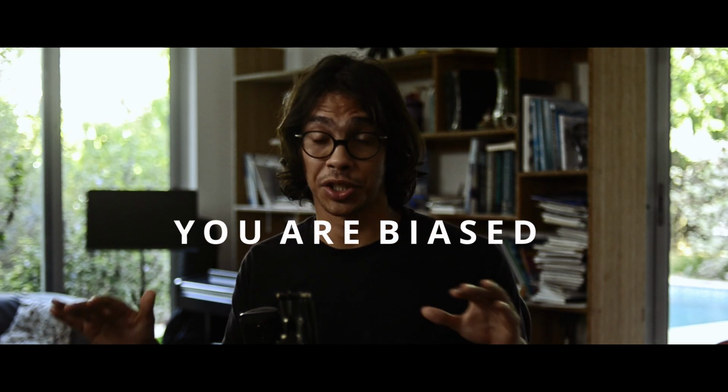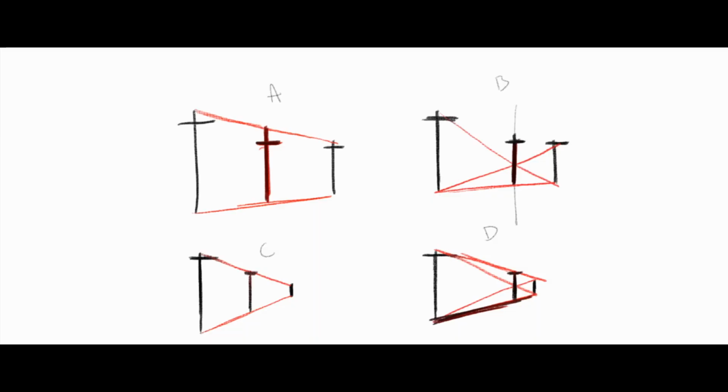The next thing is that we're super biased, so our brains want to even everything out, and you usually end up putting things a lot bigger than they need to be to fit into a scheme. In the example that's on screen right now, on A and B, you can kind of guess where it goes, but when you get into more extreme foreshortenings like C and D, then you're better off using tools to help you find where the actual perspective goes, instead of trying to eyeball it. Or, if you're gonna eyeball it, then just be conscious that you're biased towards evening things out, so you can